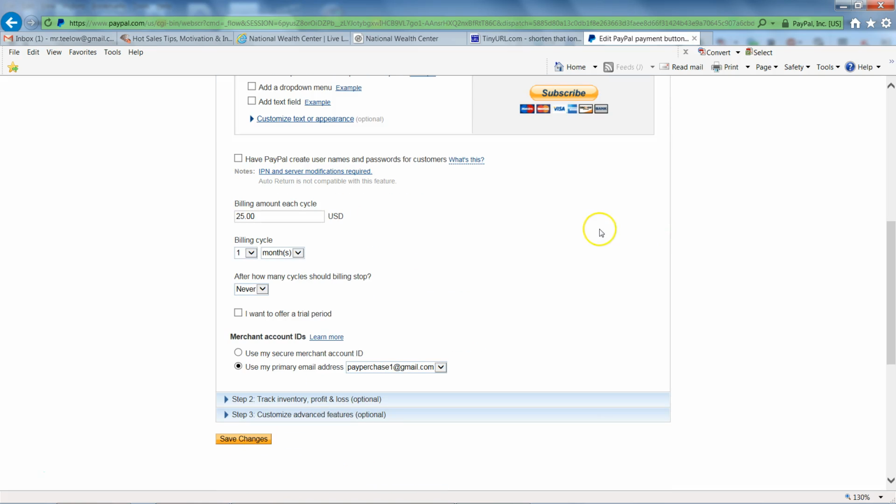Now we're going to go down here to billing amount each cycle. That's $25. This is for the $25 membership level. The billing cycle is 1 month. If you see that, you can see why we highlight the 1. Once you've done that,